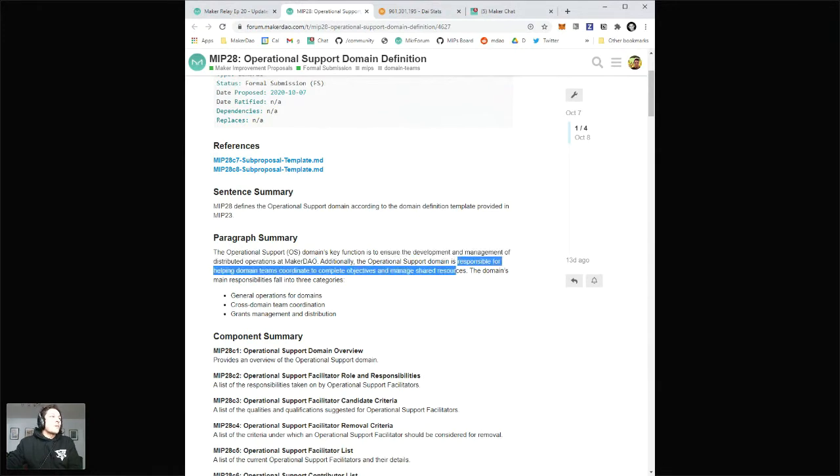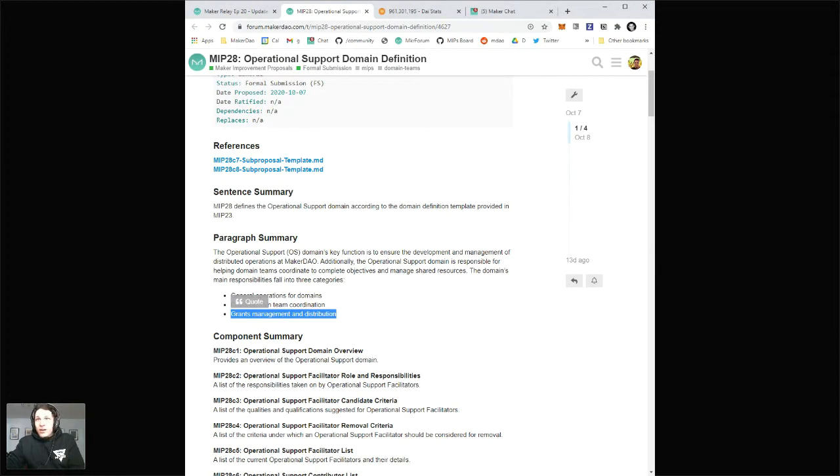So it's responsible for helping domain teams coordinate to complete objectives and manage shared resources. So it's going to be doing things in the realm of general operations for domain teams, cross-domain team coordination, and grants management. So the Maker Foundation grants program will basically live under the Operational Support domain team, and the DAO will have more